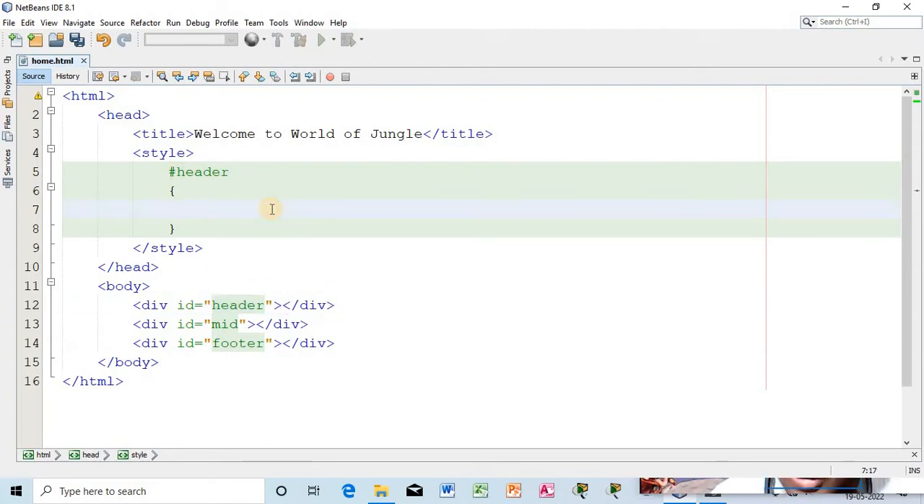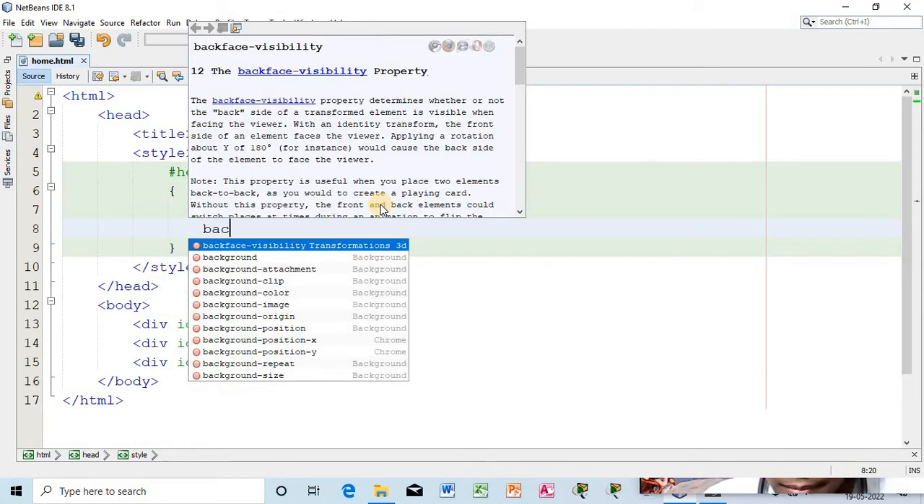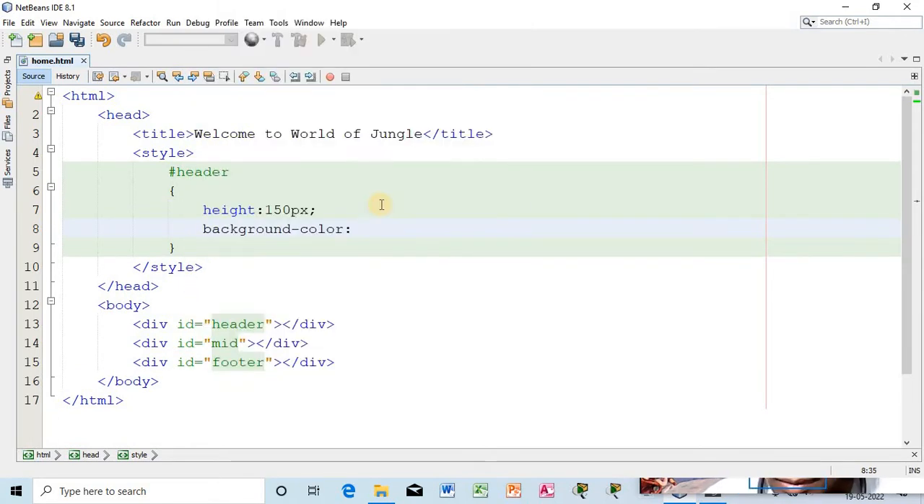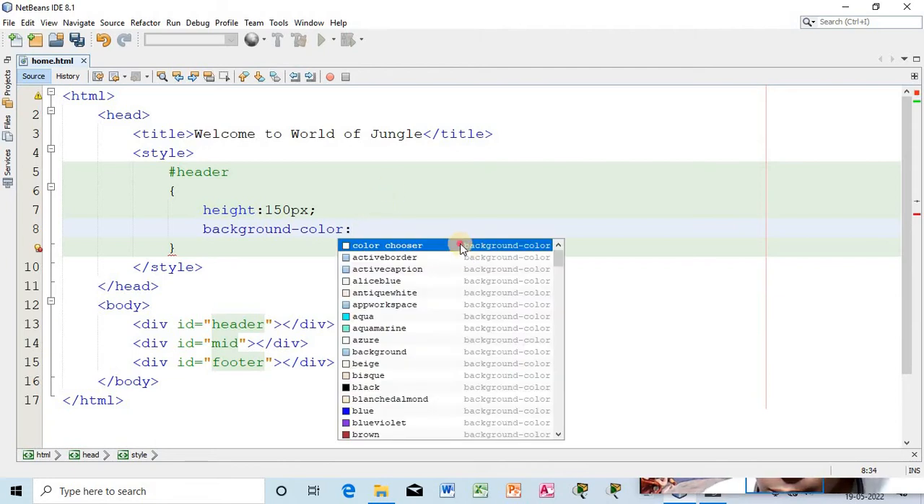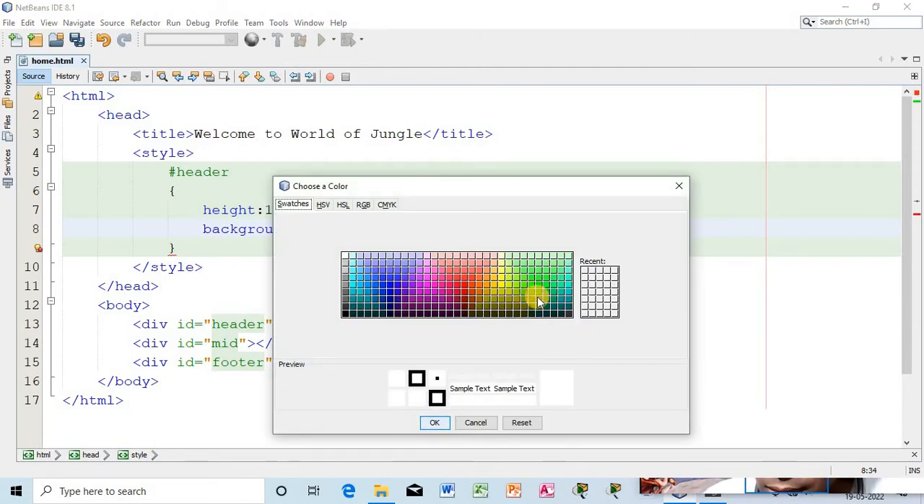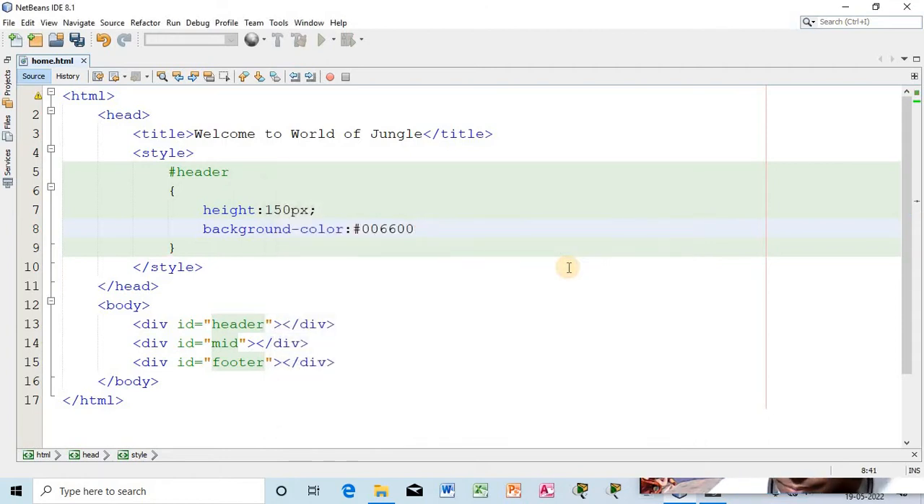So the CSS property that we are going to use will be height. So height will be 150px, right? And after that, background color. So you will put a background color here. Let it be this color, right? Now